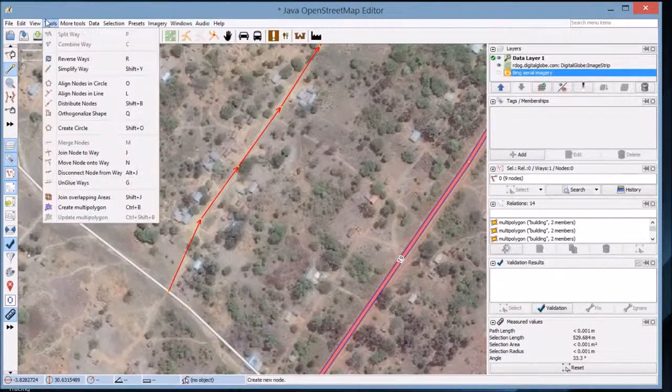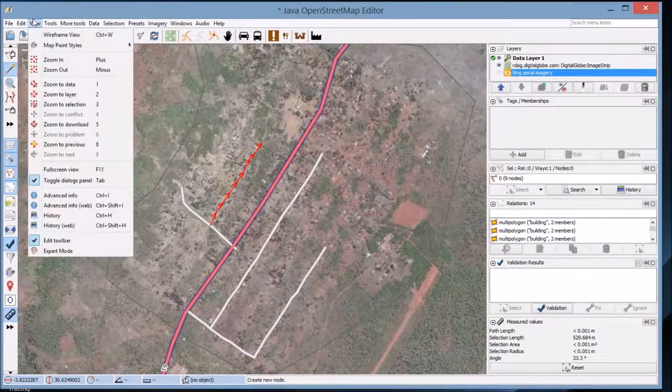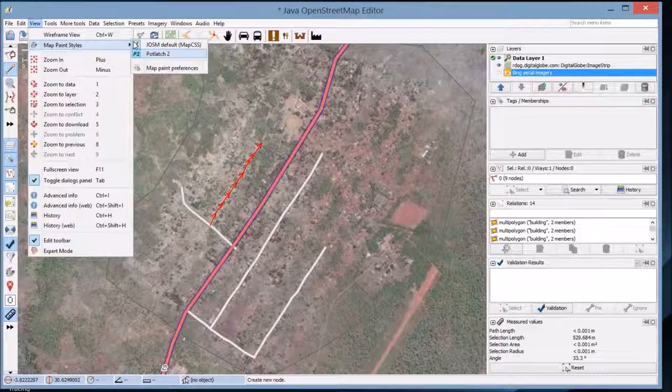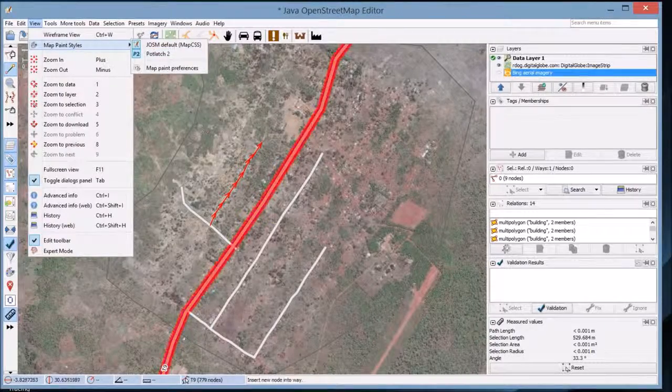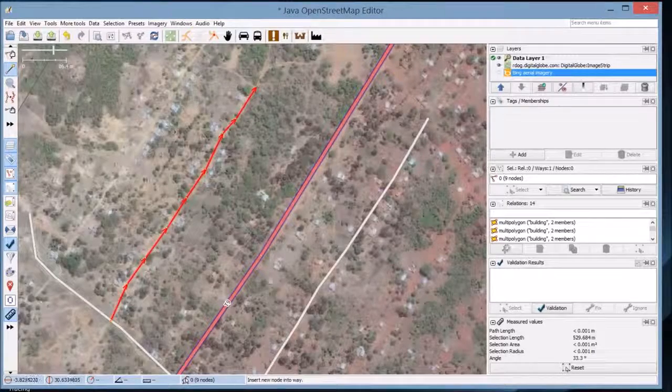So you can basically switch between those two. It just depends on what makes you feel more comfortable as you map along. So let me go back to the line I just mapped out, and the next step,